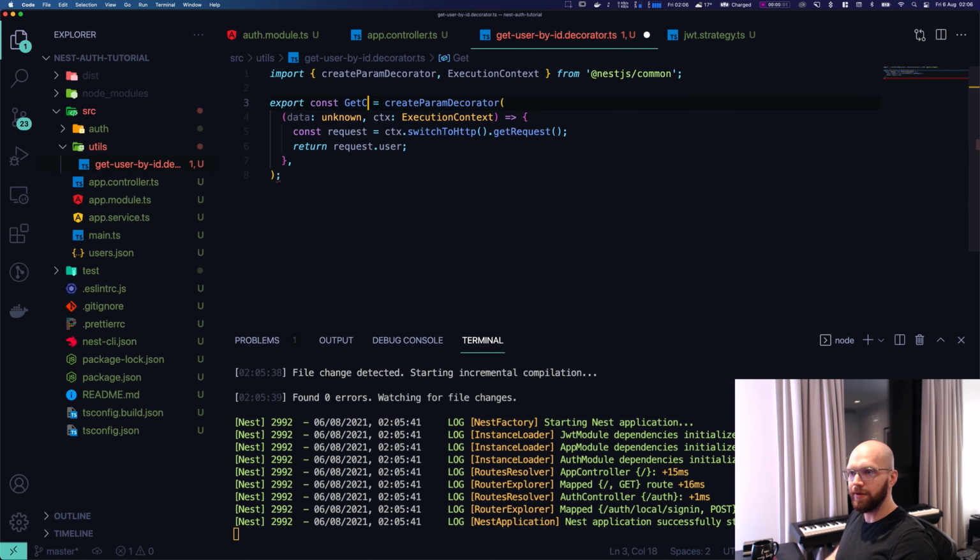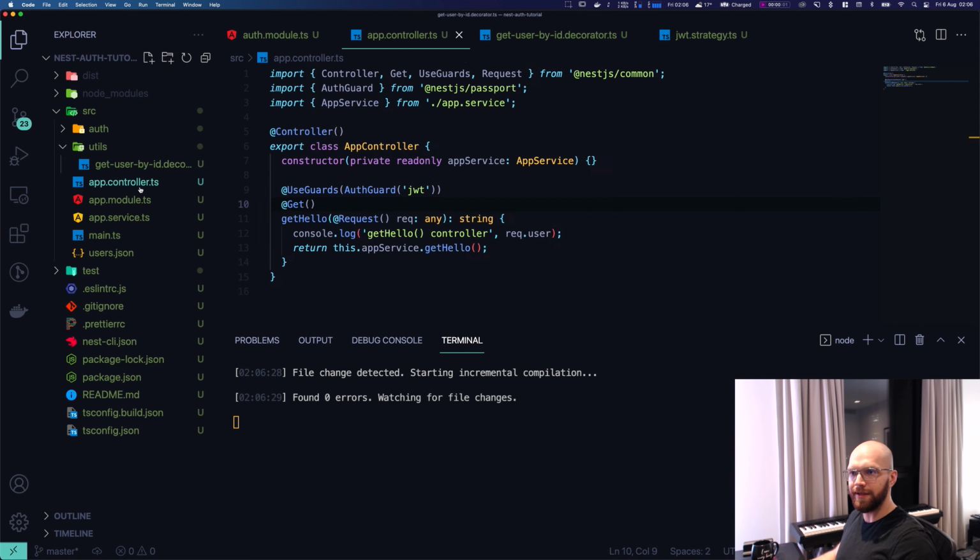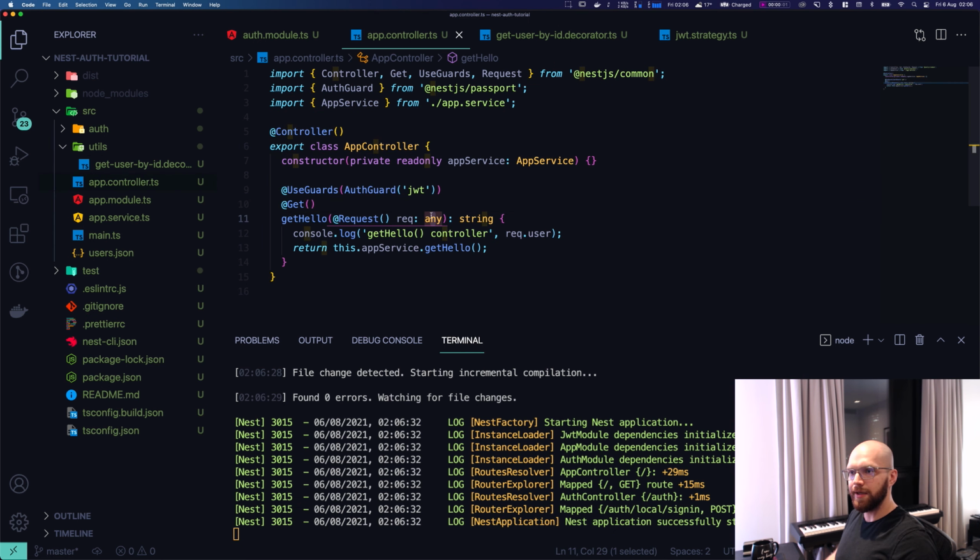Get current user by ID, and we basically just return the user, and that's it. So instead of doing something like that, I can just do get current user by ID,